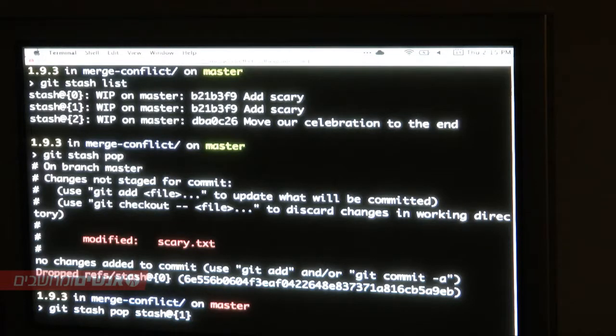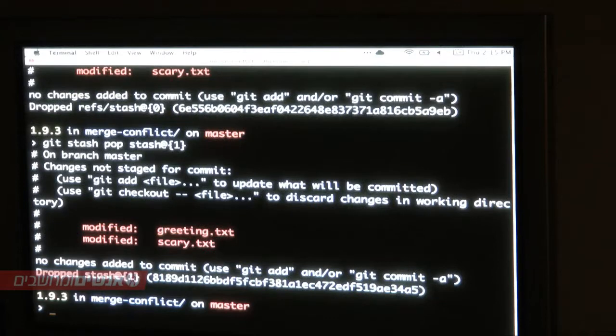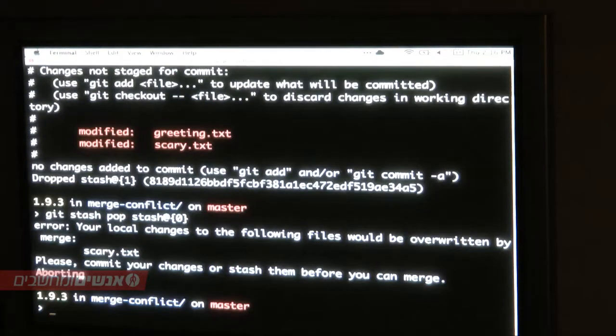Right now it popped it and now it's modified again, so you wouldn't be able to pop the other one. Alright, so this isn't gonna work. This stash modifies something else, so we're gonna get the same kind of message again. So you would have to at some point commit or remove your changes. And then I guess you could squash those commits together if you're really worried about having two commits.